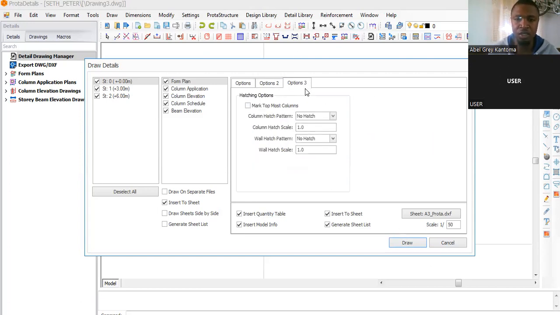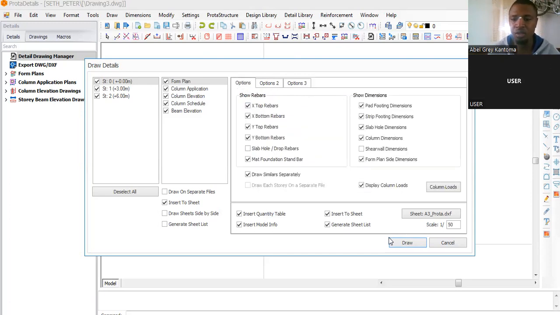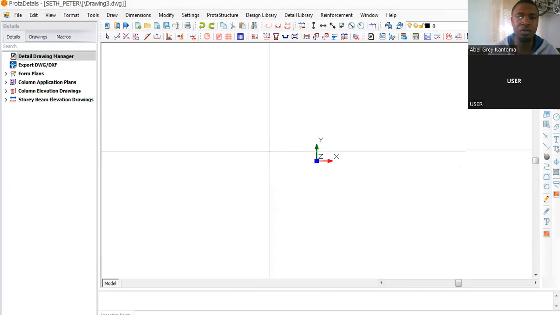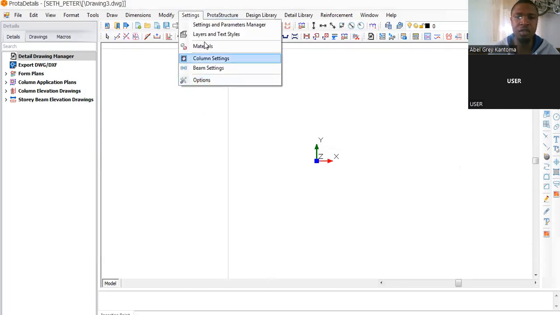Going to option 3, mark topmost columns. So you can mark topmost columns. I think there will be no need for this. So I'm just going to click on draw, and then this is going to draw and give me all of the sheets here. But before then, if you come down to settings here and you come under option,